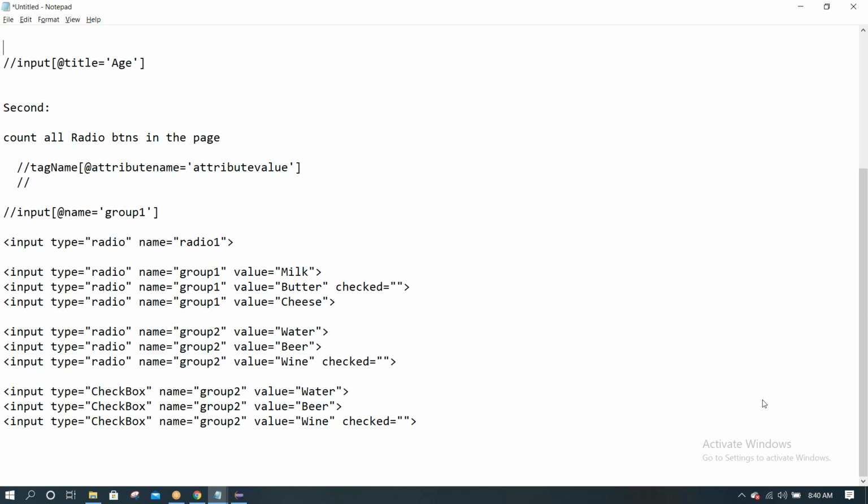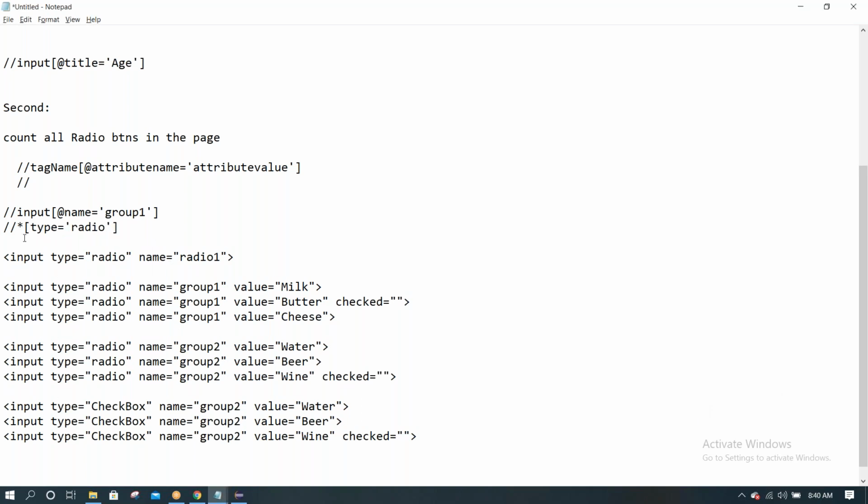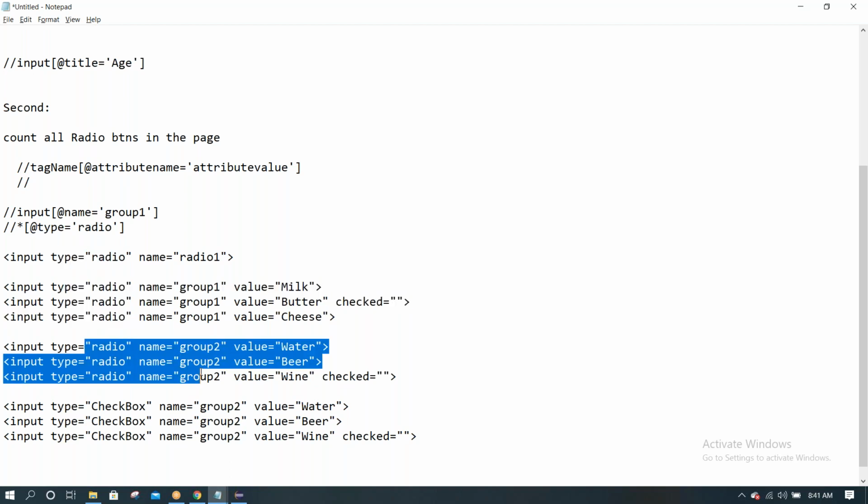So let me copy this XPath and paste here. Double slash, tag name or star, @ is required. Attribute @ attribute name equal to attribute value radio. Now this type is radio for group 1, group 2.